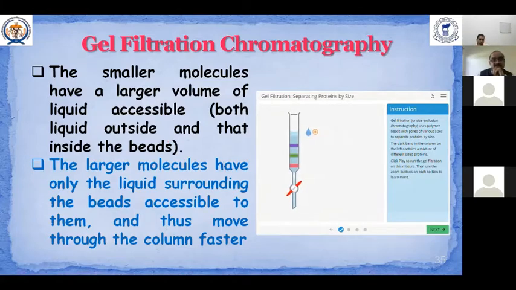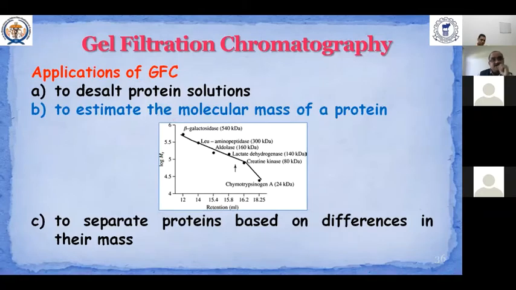This gel filtration chromatography has three kinds of application. First, it is routinely used to remove low molecular weight components. For example, it is most commonly used to desalt a protein solution by passing a protein sample through a column of Sephadex like G25 or G10, which has a fractionation range of 1 to 5 kilodalton. So molecules smaller than 5 kilodalton can enter the pores of the gel beads, and that is why their movement is retarded.